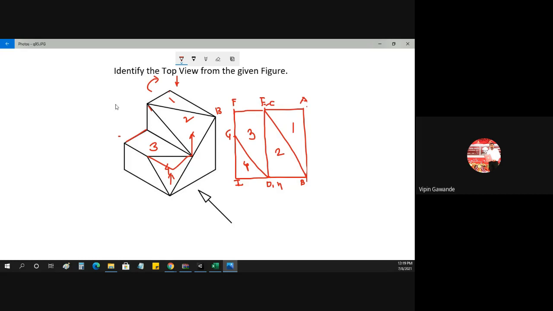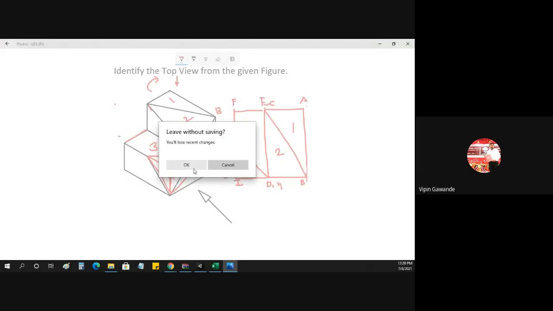Imagine here, this is the line, and these are the two cables, and you have to just shift that cable upward. So what will you get? You will get the surfaces here. So what will we get here? See, 1, 2, 3, and 4. We will get 1, 2, 3, and 4. So this is the correct option for your problem.